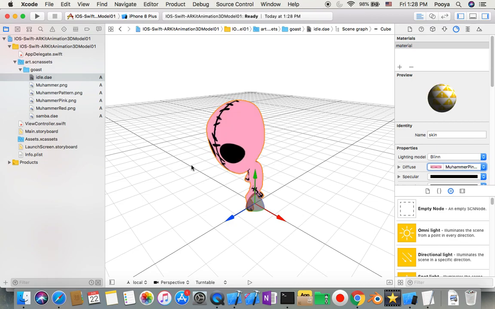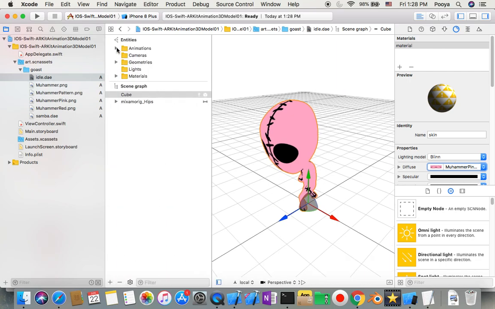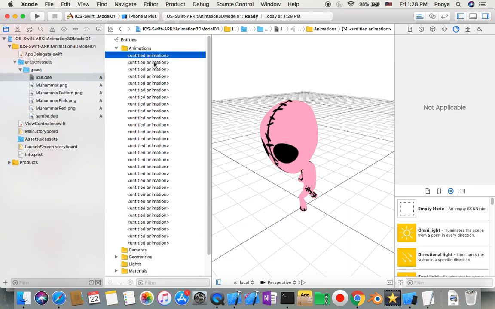Yeah, here you go. But the thing is that it's not good, because we need to only have one animation record here, but we have all of this, so we need to fix this. As